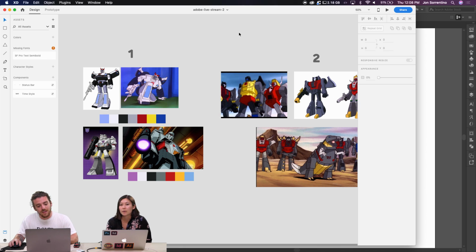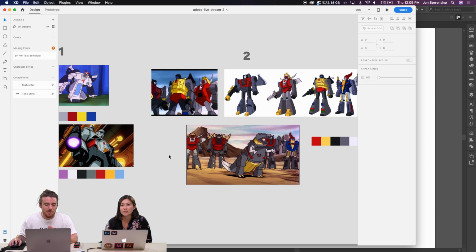Are these being pulled from what you were talking about yesterday? These are all from the original cartoon series that I watched, and I remember Dinobots were some of my favorites. The top one over here is an Autobot named Prowl, and he was so cool. He transformed into a really sleek-looking Porsche, and his color scheme always stood out. Also Megatron, even though he's a Decepticon: his color scheme of white, red accents, yellows, and blues always stood out, and I always really liked that one.